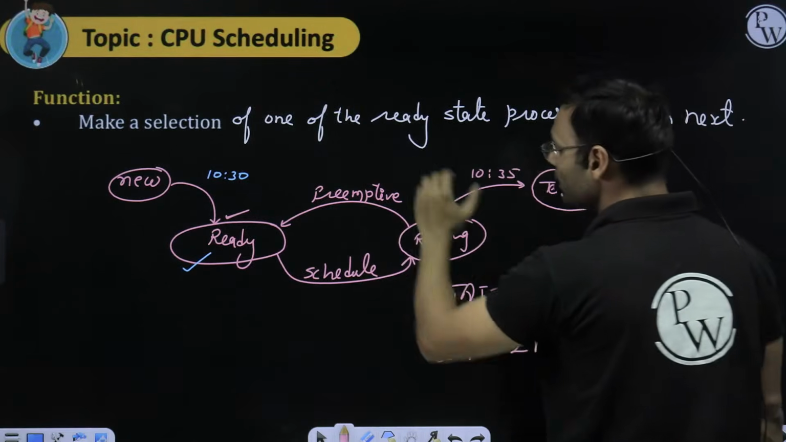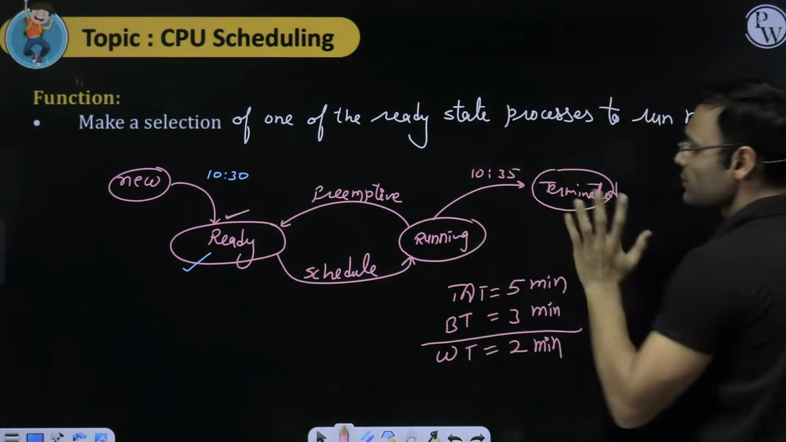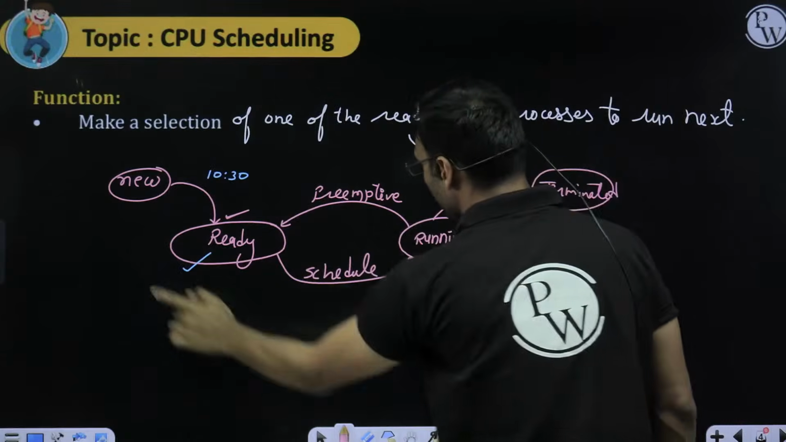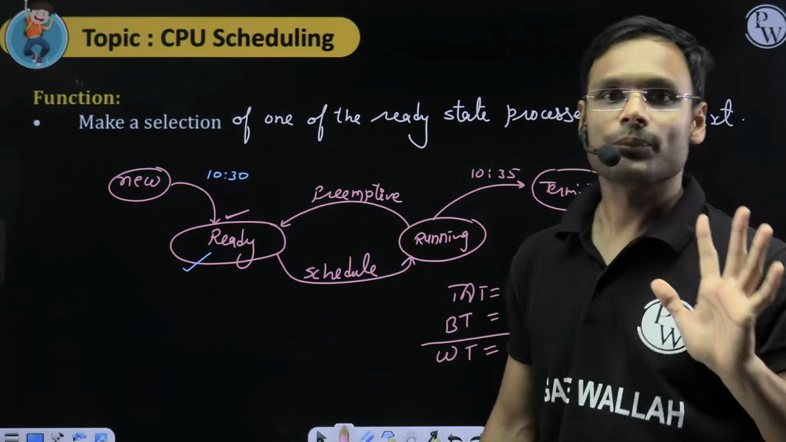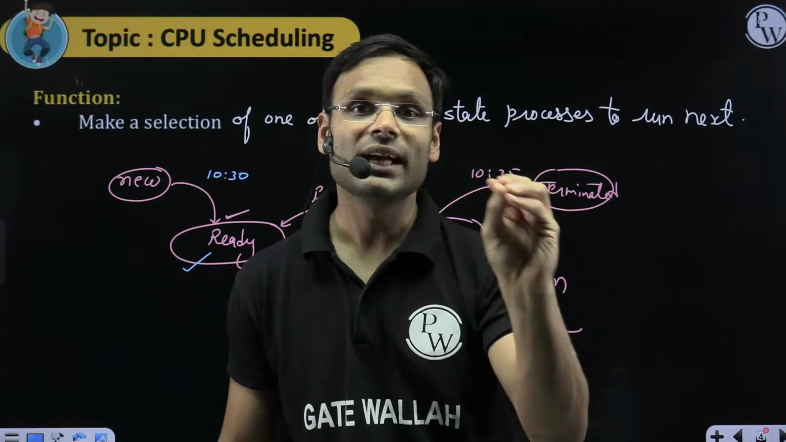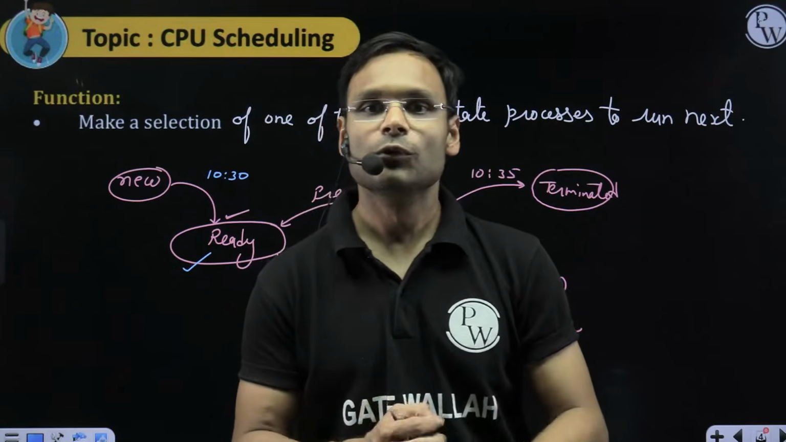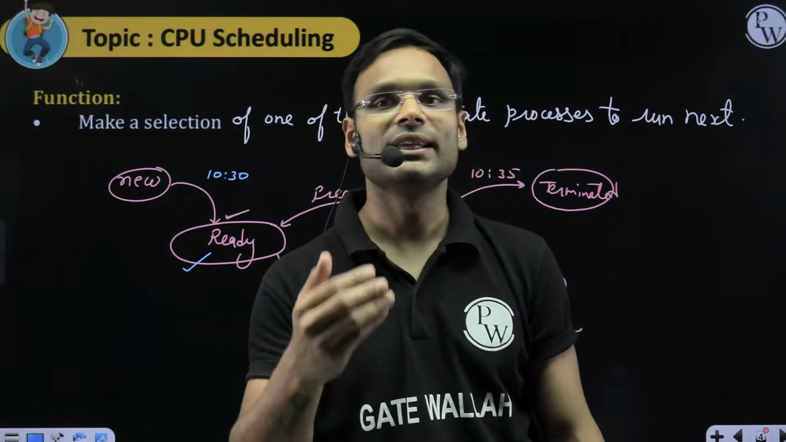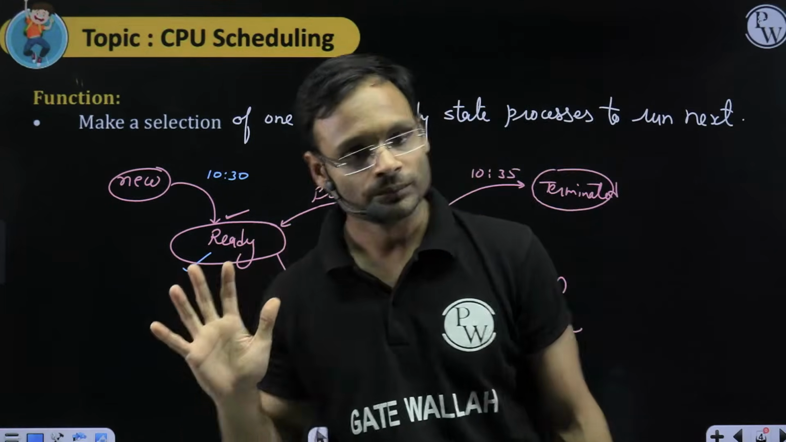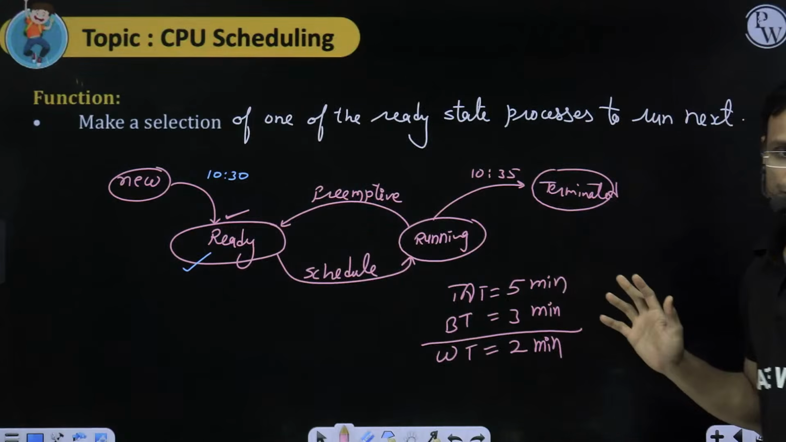If preempted, it goes to ready. The next process is scheduled to the running state, and this is what we are going to follow. For understanding the algorithms, we will not follow IO. Once we understand the algorithms, then we will include the questions with IO also. Okay? Further,